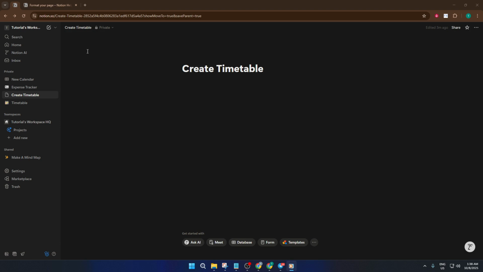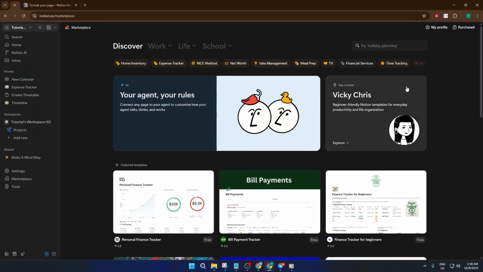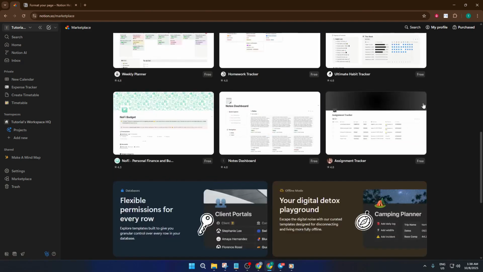First things first, we're going to take advantage of a free template within Notion. This is the fastest way to get a timetable that looks professional and is easy to tailor to your needs. Templates in Notion are a bit like shortcuts. They're already designed with structure and style, so you don't have to start from a blank page. This means your timetable will be neat and reliable right out of the gate, and you'll have total freedom to